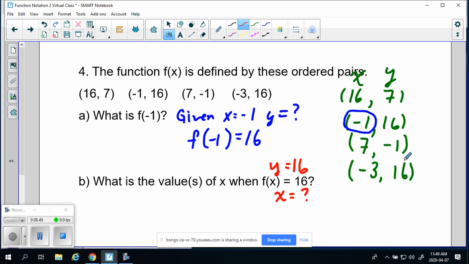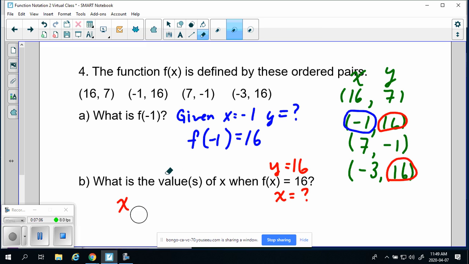So we're going to go back to our list, and we're going to look up where the y value is 16, here and here. And we're going to look up what is x in those particular cases. And we're actually getting two different values. So at those numbers, we are getting x is equal to negative 1